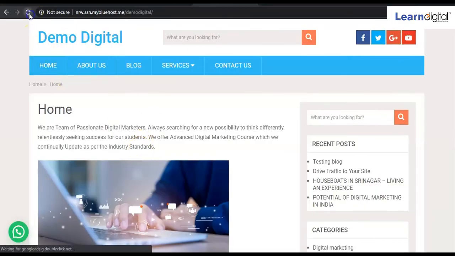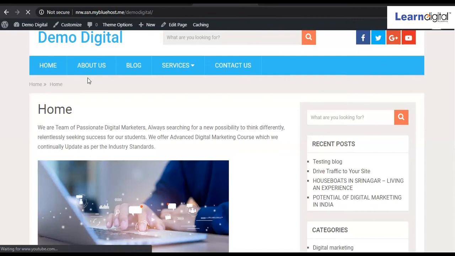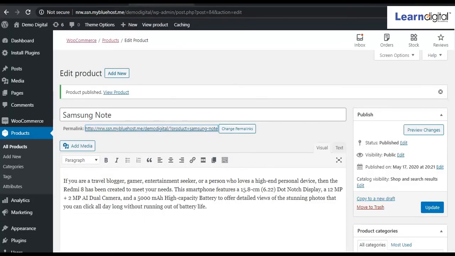So for looking at this product on our main website, that means the front side of our website, we'll refresh this one. So after refreshing, we'll see whether the particular, okay, see, that particular shop page is not coming, right? So for showing the shop pages and my cart, my account pages, you have to go to your backend part. And one thing I must tell you, when you added this WooCommerce plugin, by default those pages are added like shop, my account, cart, my cart page, right?